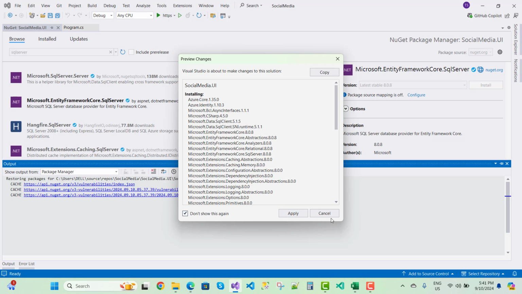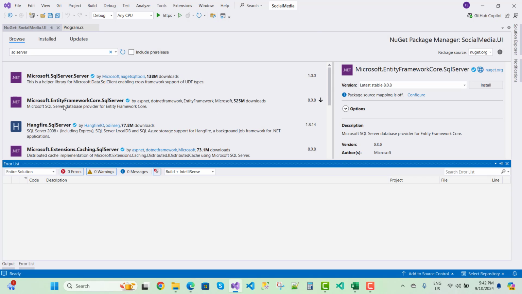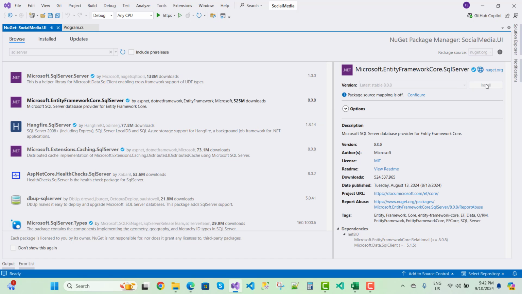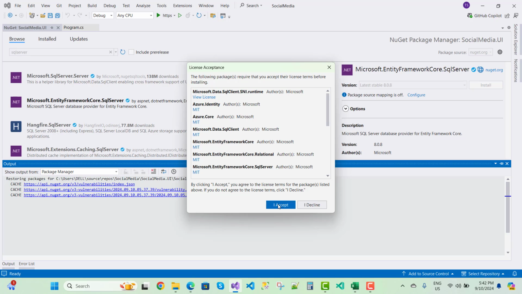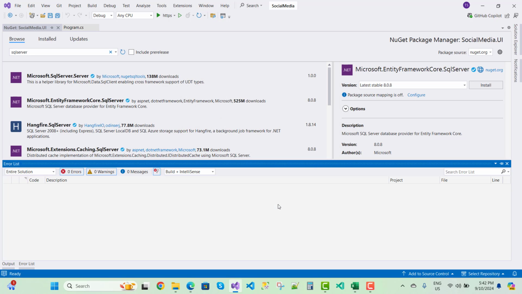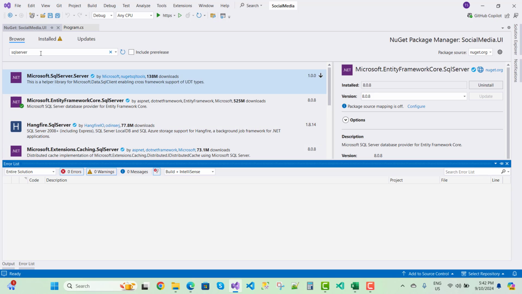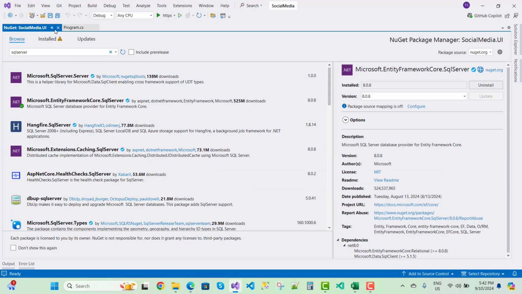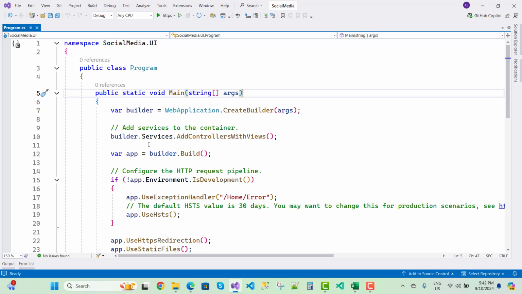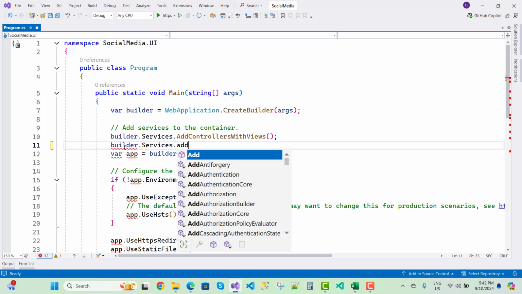So just add Microsoft.EntityFrameworkCore.SqlServer, install it. This is your latest version. And just add a service first, builder.Services.Add